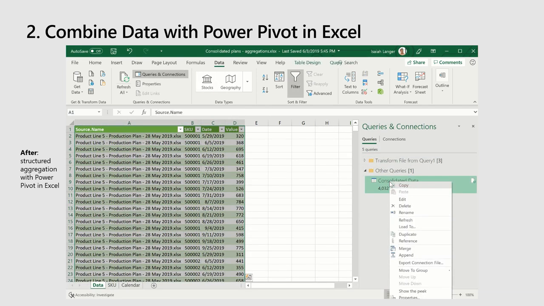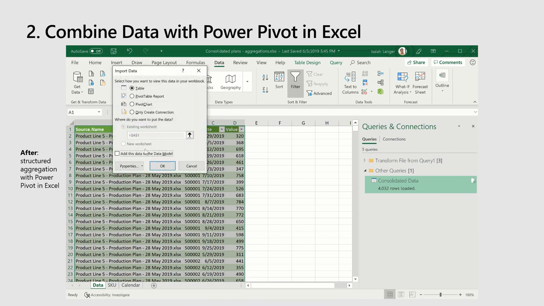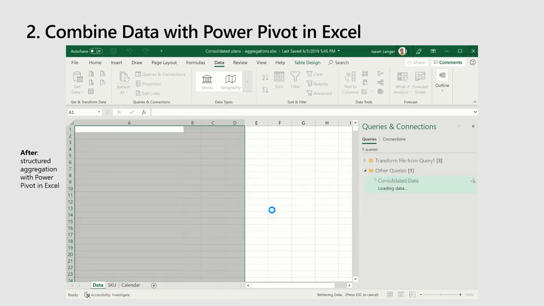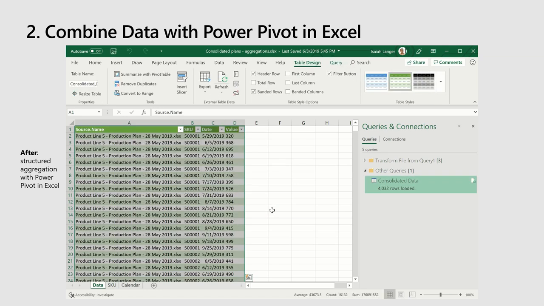The first thing is getting your data into the data model. So if you created the Power Query query to filter your data, the way to do it is you check the Add to Data Model box, and this will load it into your Power Pivot data model. There are other sources. For instance, here I have the SKU and calendar. I'm just going to assume they live in a specific file. So you can also pull them through Power Query